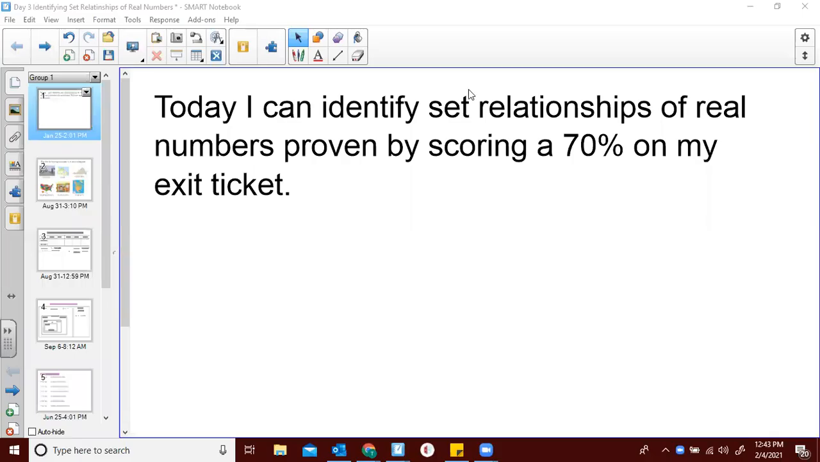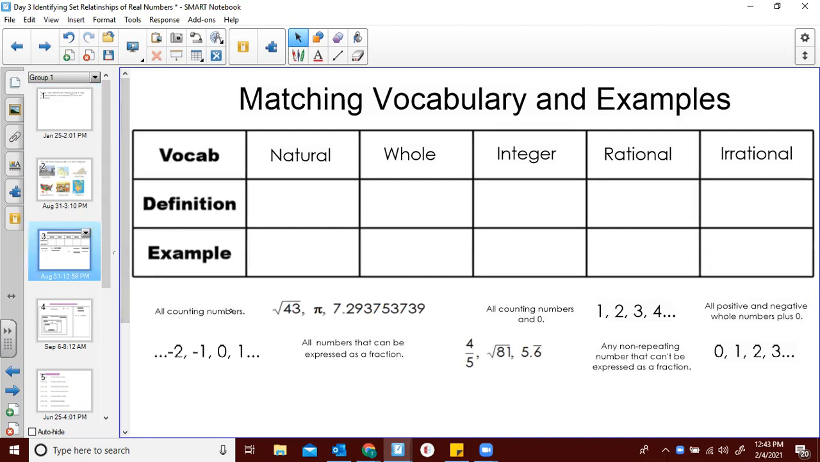Okay, so today we're going to be able to identify set relationships of real numbers. All right, so a couple of things that we want to first look at, let's go ahead and look at these definitions. So a natural number is going to be